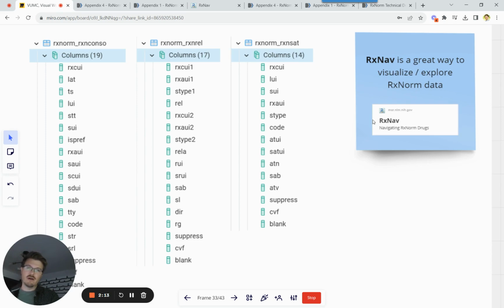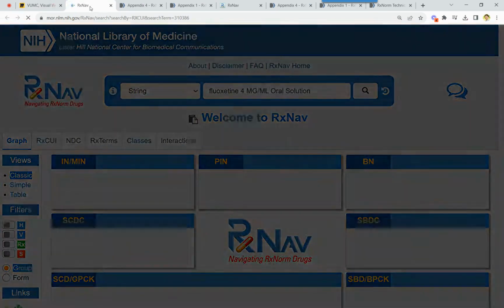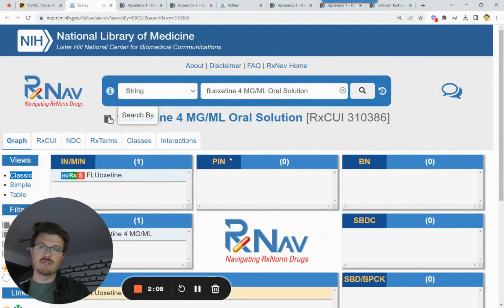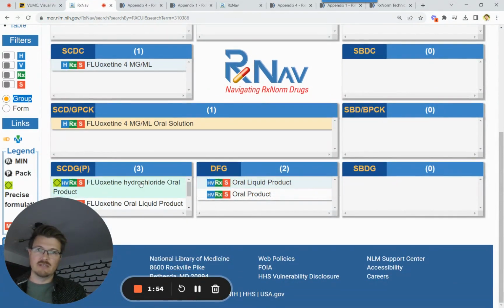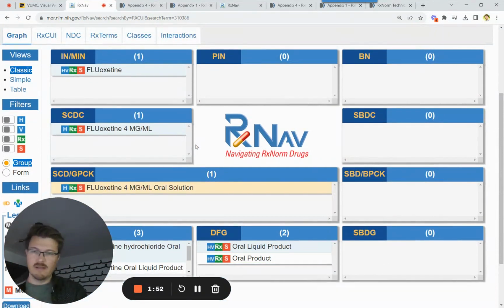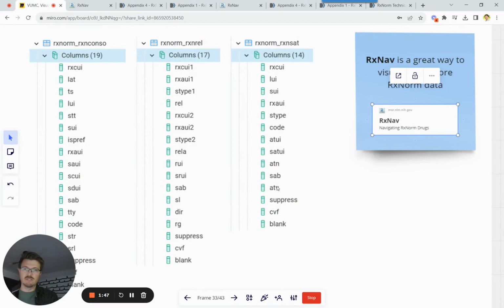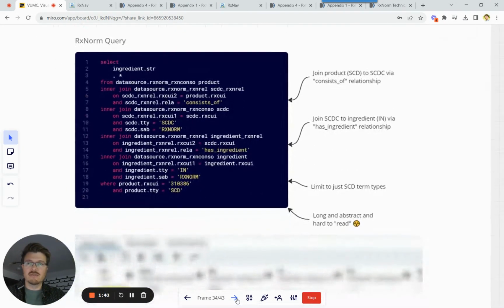If you just wanted to work with RxNorm visually and navigate it and explore it, RxNav is a great resource for that. You can start from searching for an RxCUI or a name or an NDC, and clicking on any one of these elements and navigating to see, this product has this ingredient, it has this dose form group, it has this precise ingredient, without having to know anything about the data structure or SQL. I just want to point that out for people who are not interested in learning SQL, but just want to explore RxNorm data. But for those that do want to work with SQL,